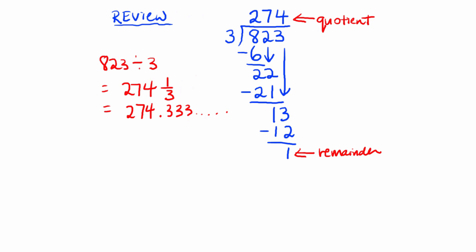So to review this process, let's just step back and see what happened here. The first thing we did, well, we divided 3 into 8. So that's our first step. We divide. Our next step is we multiplied,